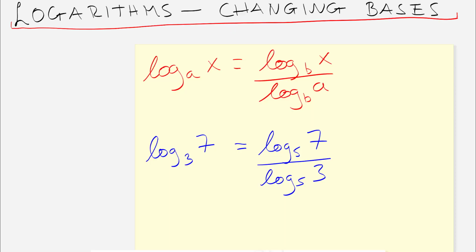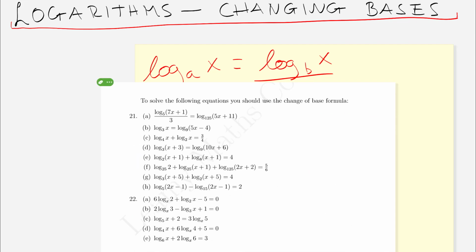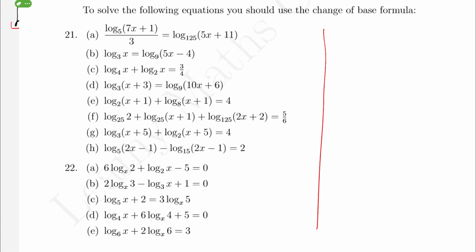So that is our introduction to changing bases in logarithms. So we looked at the rule here. The best thing for you guys to do now would be to have a look at these questions, check your solutions,